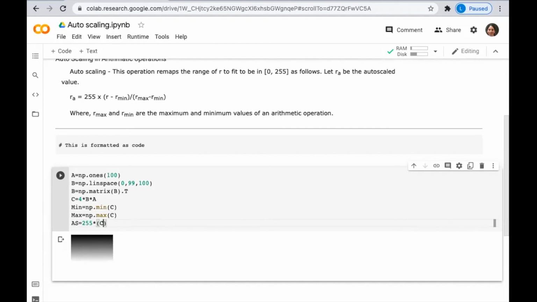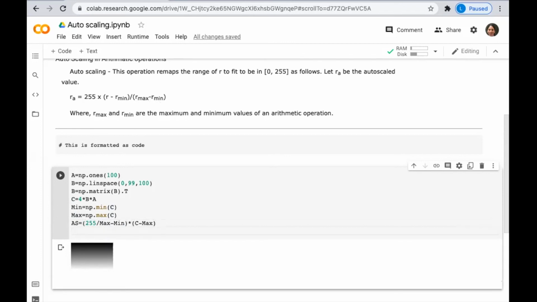So I will simply do C minus the minimum, and because the denominator is a constant, max minus minimum, it is better if I keep it with 255. So I can write 255 divided by max minus min, and then close. And let us print this auto scaled image. So this will be 255 divided by whatever was the maximum minus minimum for this matrix, multiplied to C minus minimum of C for every element.